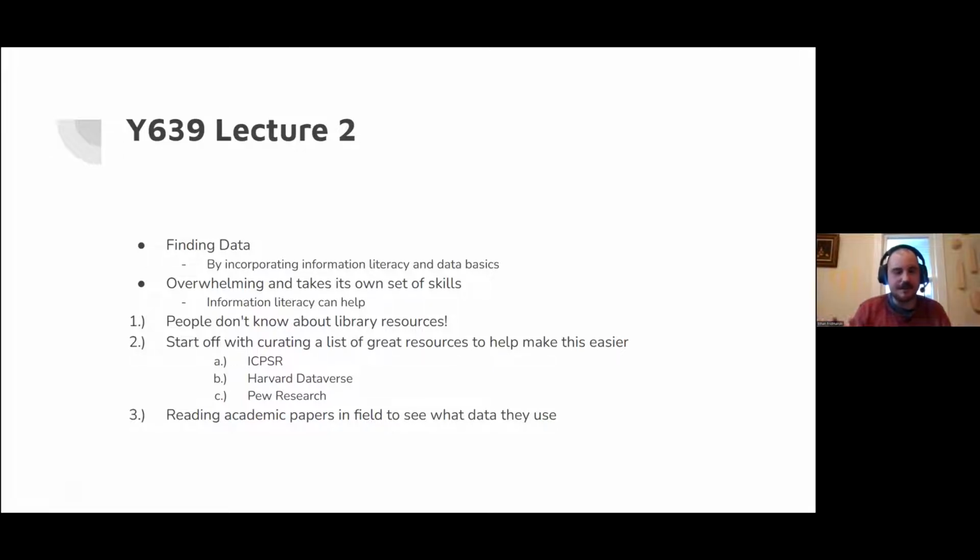But I find, especially lately when I'm teaching and doing talks like this in classrooms, one of the hardest parts about finding data is that it's kind of overwhelming. And just finding data takes its own set of skills. So I think if we want to create more justice-focused research, we need to make sure more people have the ability to find data and know where to get it. Otherwise, it kind of is like censoring certain segments of the research population, just because not everyone has the same set of skills to find these resources.